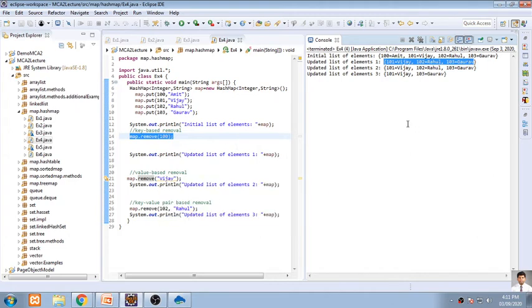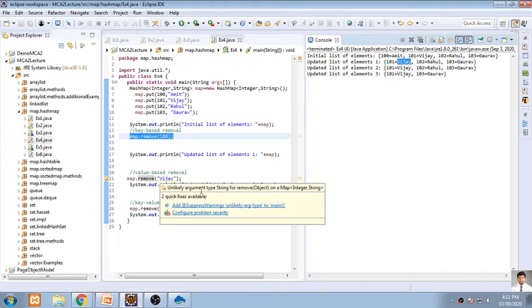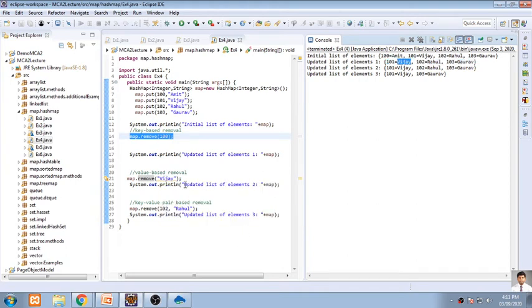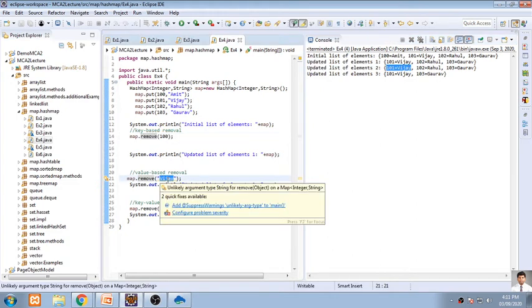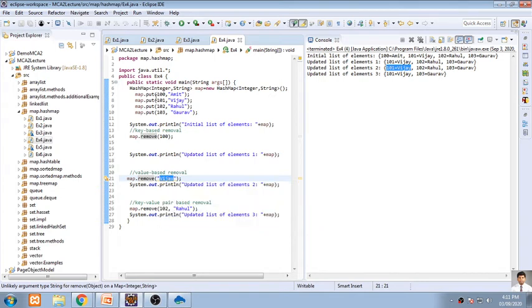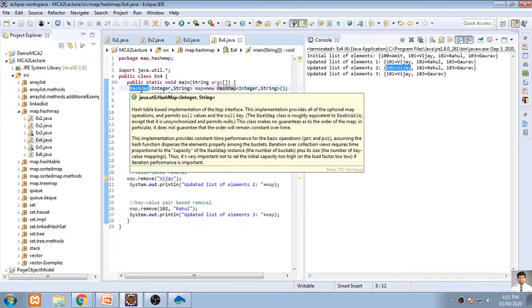Second time I'm saying Vijay to get removed. In this, Vijay is there and I want to remove this Vijay. I have passed this parameter Vijay, but after using this, in the updated list of elements, Vijay should not be there, but still Vijay is there because values cannot be deleted. This is the thumb rule of hash map. You have to keep it in mind.